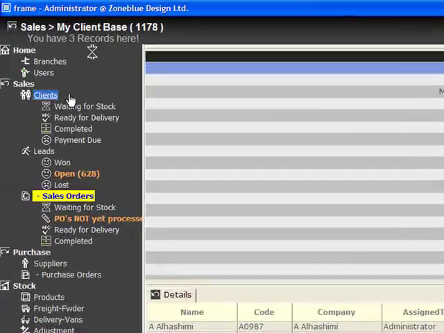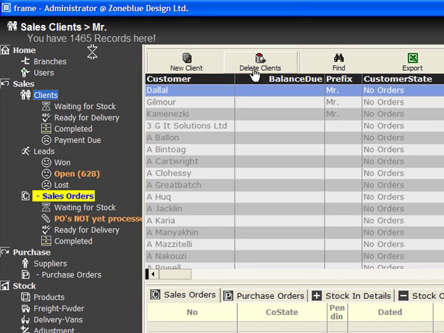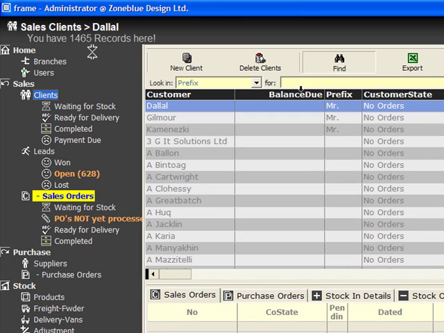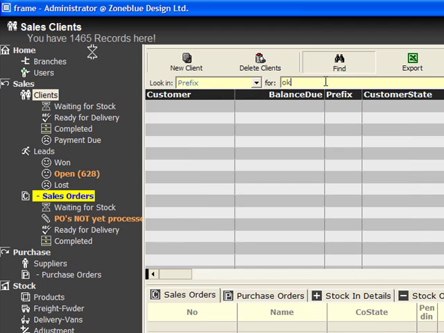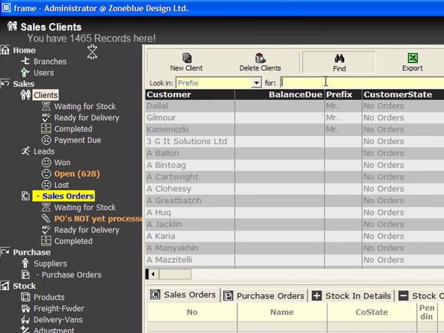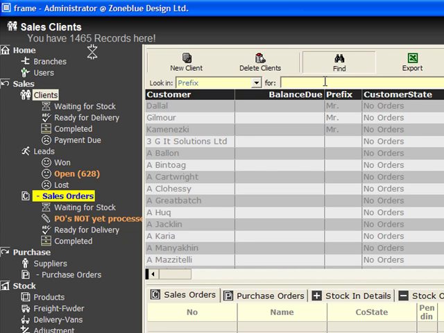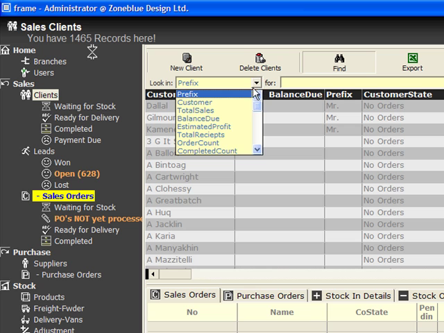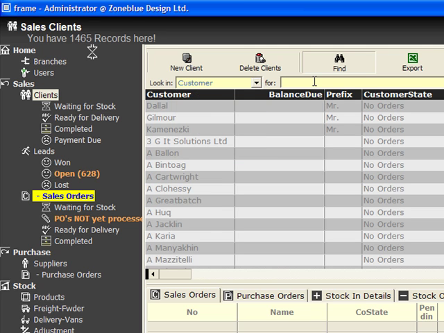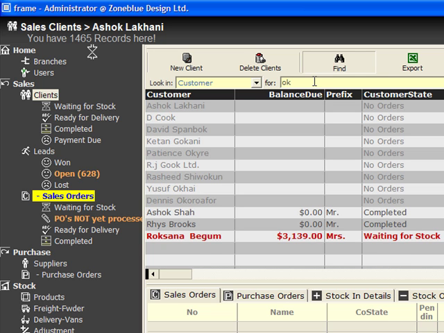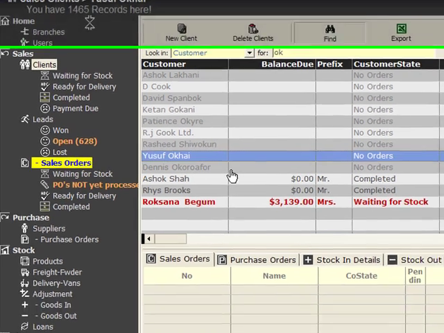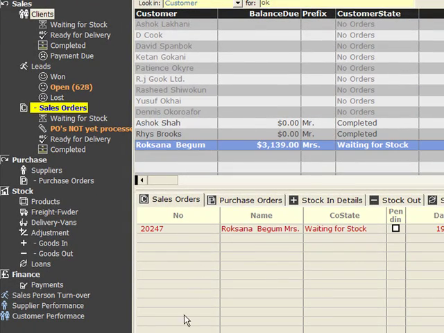Inside sales we have the clients, so you can click on any client, or you can find a client just by typing. I'll type Andy. So I have to look in the right place. I want to look in the customer for OK. So you can see all the guys with the OK written in the name. So I'll just take anyone. I can take anyone like that, and then when you click that customer, you can see his sales orders,